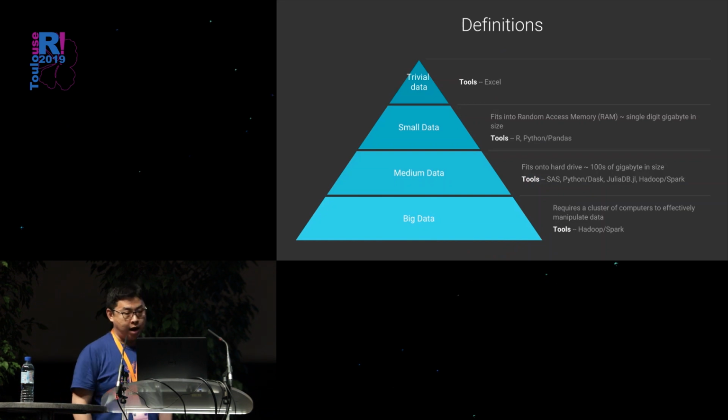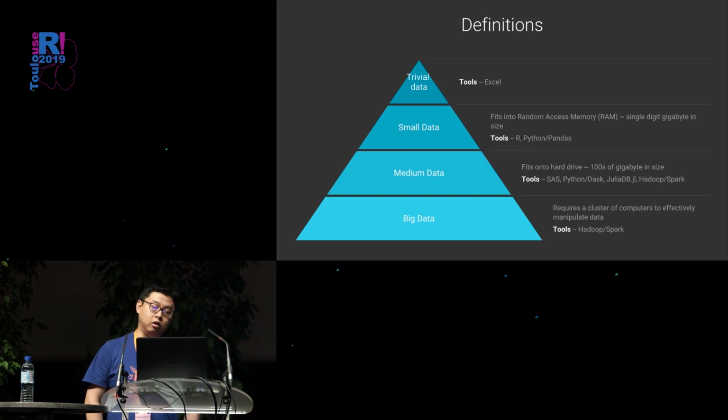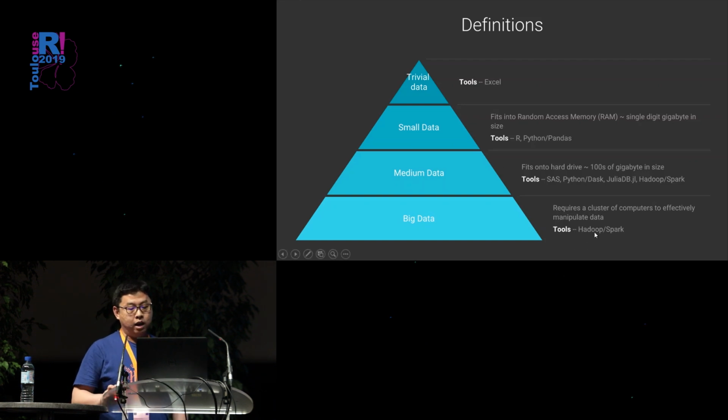So this is my definition of all the data tools that are out there. Up the top, what I call trivial data, data that can fit into Excel. You can easily manipulate it using a pivot table, etc. And then small data is what we consider data you can fit into RAM. So that's R and Python territory. And of course, there's big data right down the bottom where you typically need something like Spark to handle it